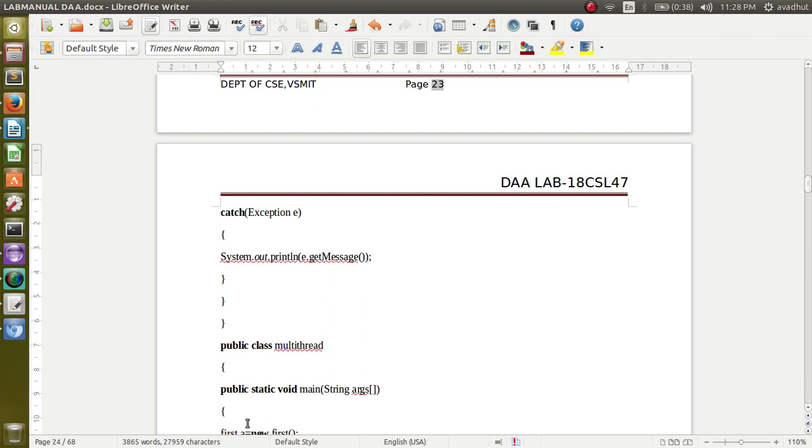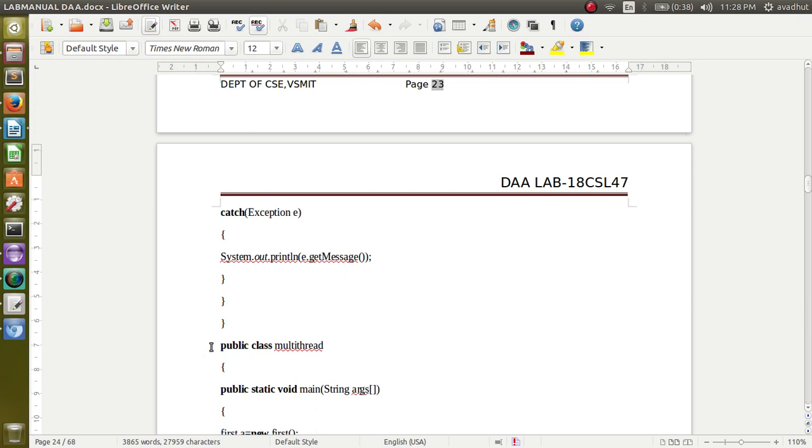But if some exceptions are generated, then those exceptions should be handled. If any type of exception is raised by the try block, then here we are printing its message using the getMessage function. In any exception class we have that getMessage function.